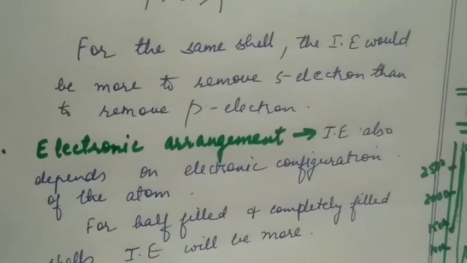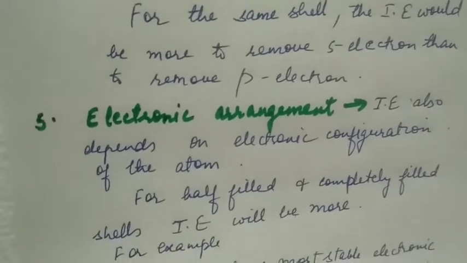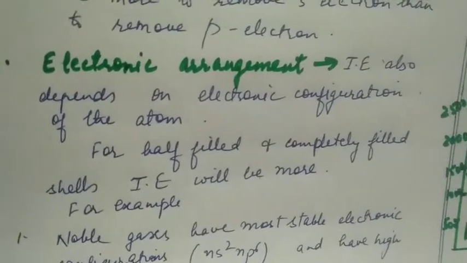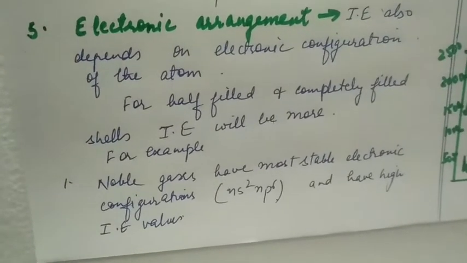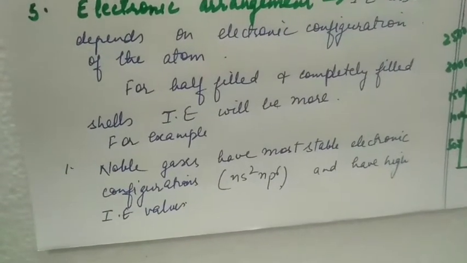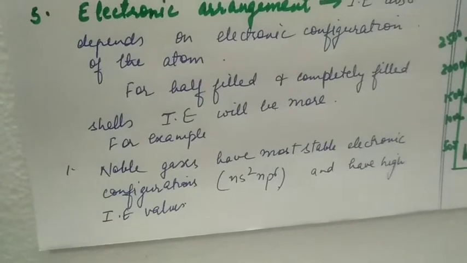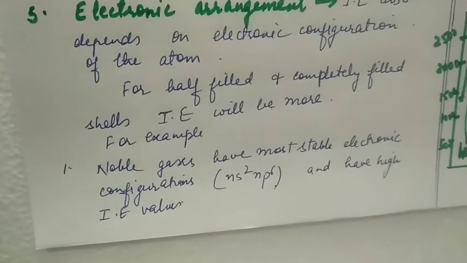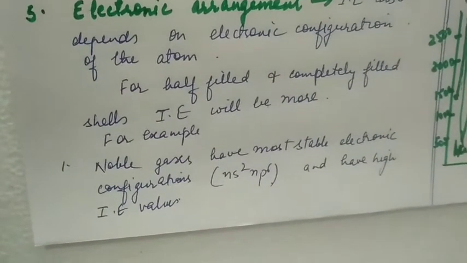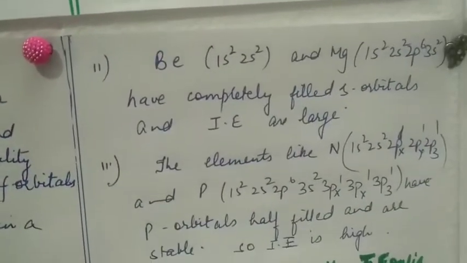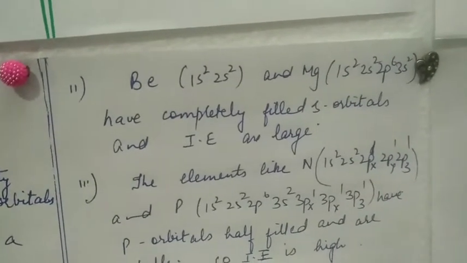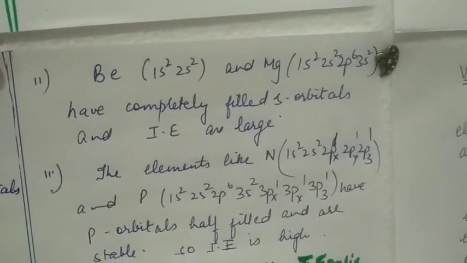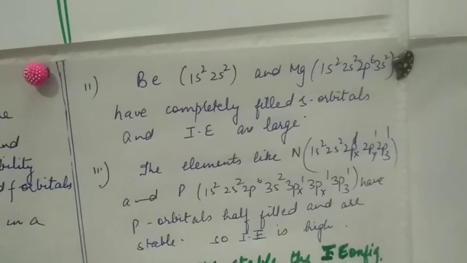The ionization enthalpy also depends upon the electronic configuration of atom. For half-filled and completely filled shells, the ionization enthalpy will be more. For example, noble gases have most stable electronic configuration ns2 np6 and have higher ionization enthalpy values. Beryllium 1s2 2s2 has completely filled 2s orbital, and similarly magnesium has completely filled 3s orbital, so its ionization enthalpy